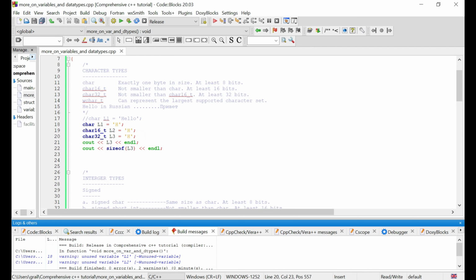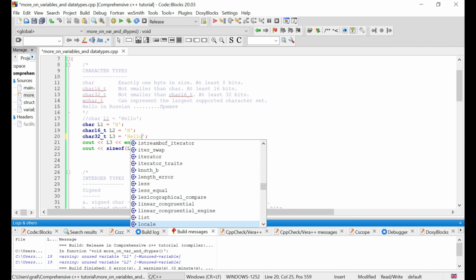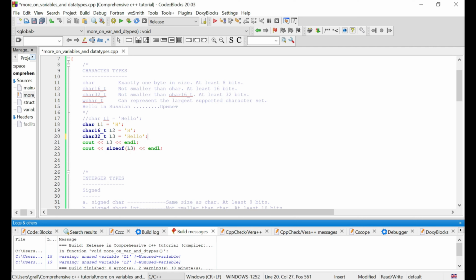And now I want to illustrate something over here. Now some languages like Russian characters have bigger ASCII values than normal English characters. So let me go ahead and use this as hello. So right now the character is character 32T. We want it to store hello, and we want a room of 4 bytes to be used. Now I'll create a second one, same character 32T, and in this case it's going to be L4,